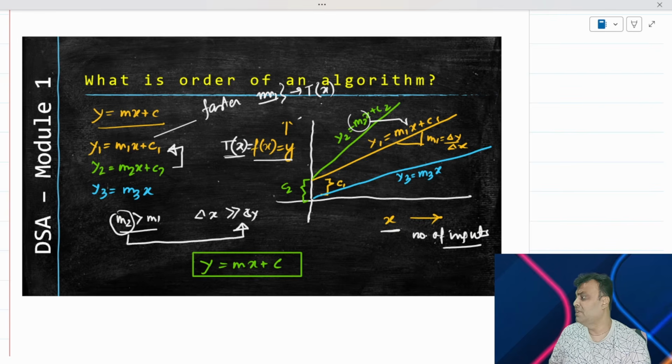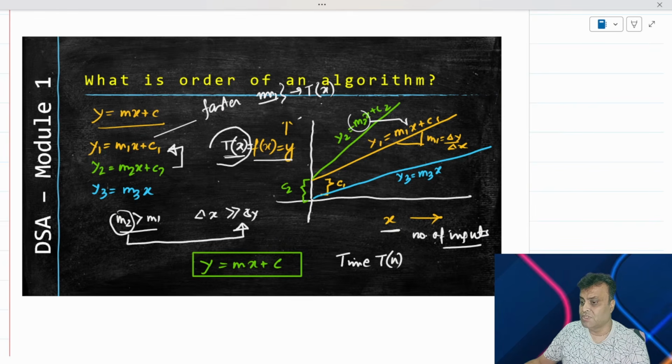Now if everybody executes themselves in the nature of y equal to mx plus c, then can I say that all of these will take a similar amount of time? It will take a similar amount of time, and I'm not saying that it will take 200 milliseconds or 10 milliseconds, but can I write that the time taken by any algorithm, for that matter Tn, is this, right? I'm replacing x with n now, because it is easier to comprehend, since x is the number of inputs. So instead of calling it x, I'll call it n, and hence tx becomes tn.